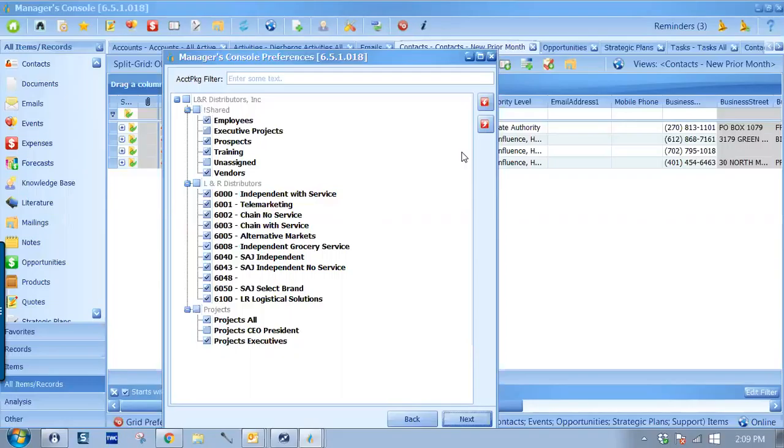Permissions will determine which account packages can be viewed by an individual TDF user. So here's a list of our account packages. You see them through here. They're categorized in a number of ways, things you've heard of before, like prospects and projects. But the main ones are these GLs down the middle, such as 6001 for telemarketing, 6003 for chain with service, and on and on. Sales departments, I'll call them. I'm not quite sure what they're called. So just to visualize it real quick,